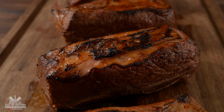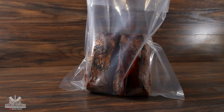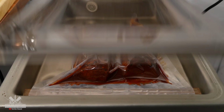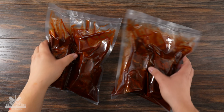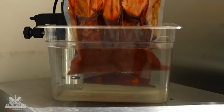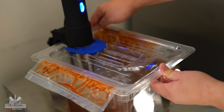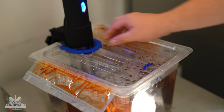Talking about that, the next thing to do is to go ahead and throw it in the bag and add that beautiful marinade we just made. Once that's done, go ahead and vacuum seal it, and it is now ready for sous vide. I'll be cooking it at 185 degrees Fahrenheit for 12 hours. This will cook them all the way through, and most importantly, braise the meat itself inside of that marinade, producing